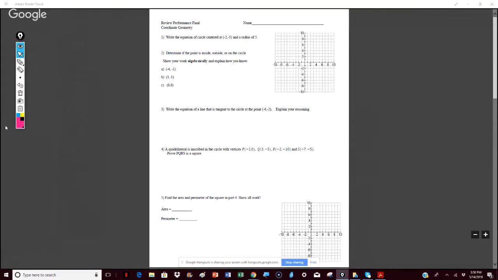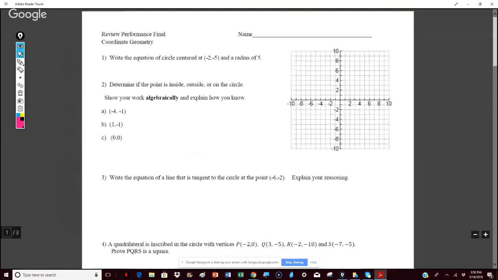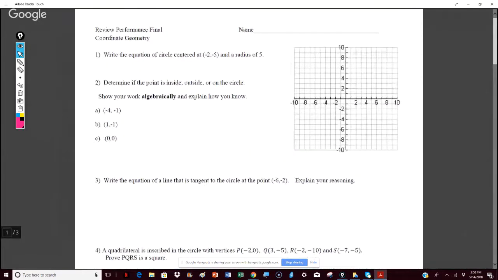I already have a couple videos on how to do probability, the performance final. So I'm just going to go over the first page of this. Let's take a look. So the first question says, write an equation of a circle that's centered here with a